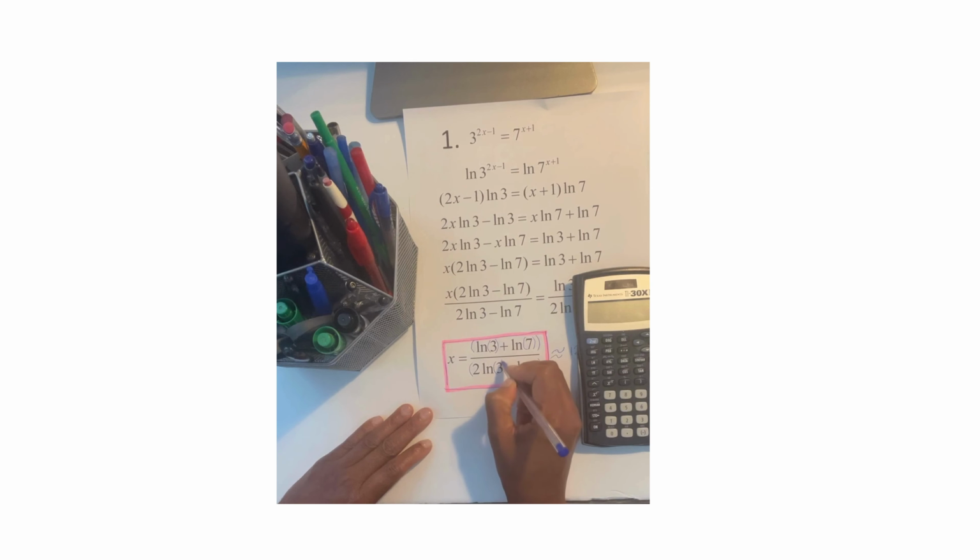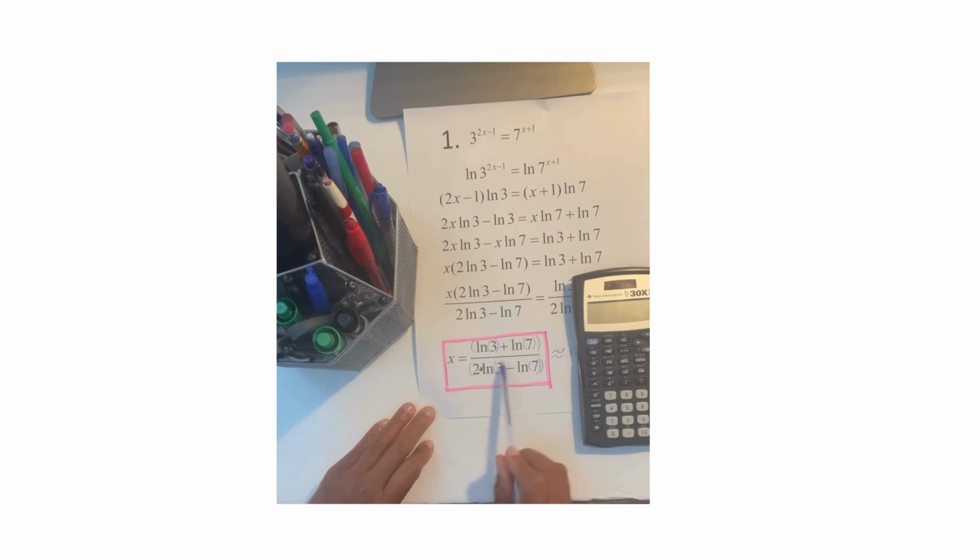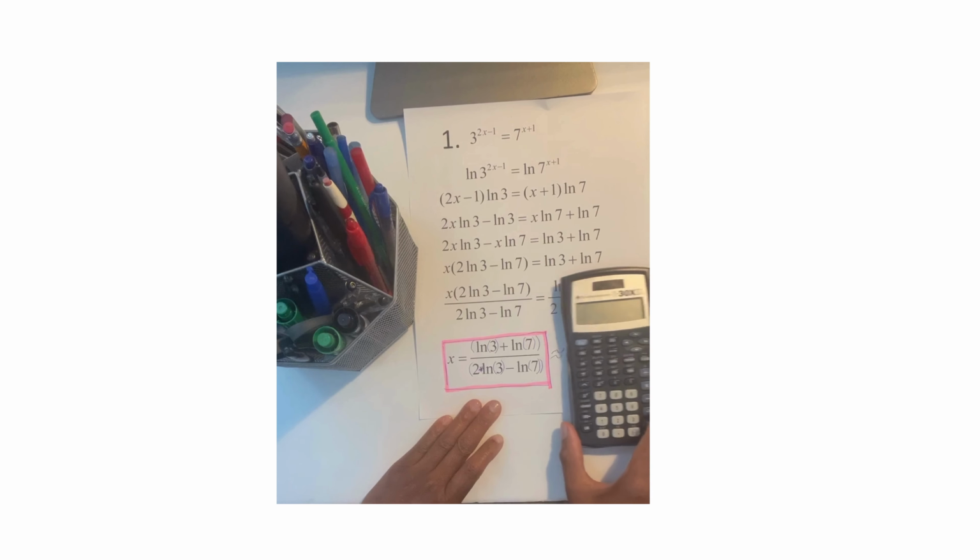So notice that's what I'm doing. In other words, you'll have two parentheses in the back here of both the top and the bottom. And in addition to that, here you have 2 times ln 3, so you can use the multiplication key to do that. Okay, so now I'm going to go ahead and enter it exactly the way I have it written here on the TI